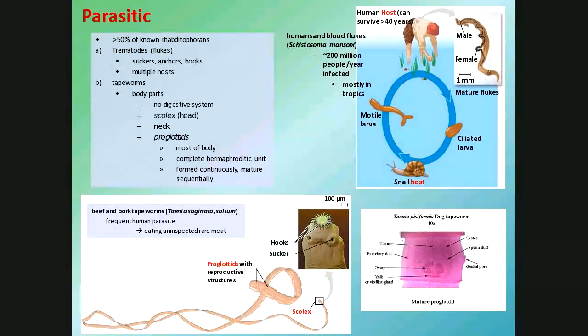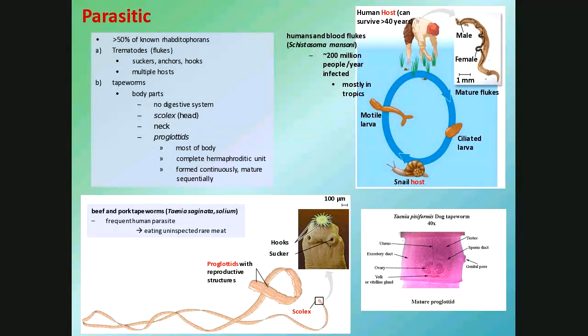Now, again, no digestive system, but man, we're still going to reproduce. And the way they reproduce is kind of like the chain worms. They use these things called proglottids, right? If you see in the picture down below, you've got a scolex, a head, with a bunch of proglottids. And each proglottid is the same. See the picture on the right, the one in the purple? This is a microscope image of a proglottid.